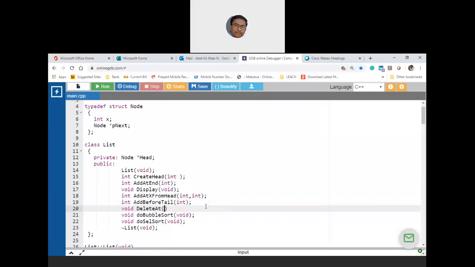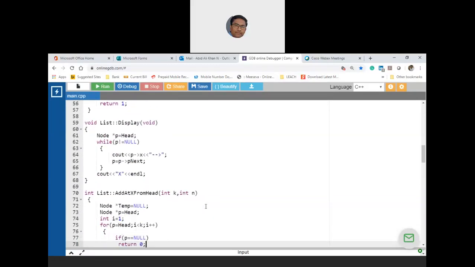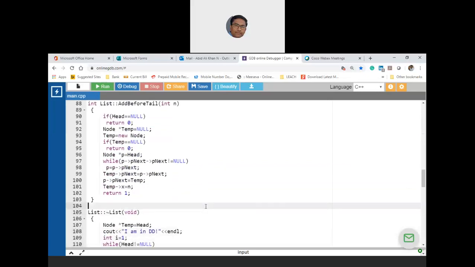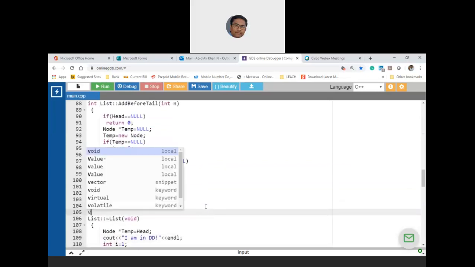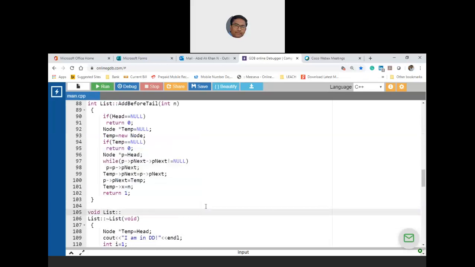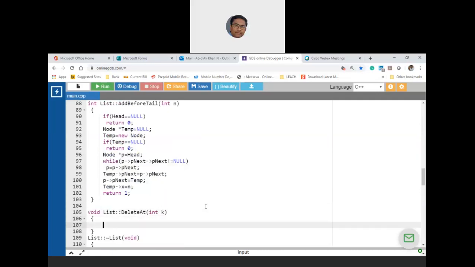Okay, delete at a specific place, int. Now I'll copy this function. Just above the destructor, I'll keep on adding my new functions. This returns void, probably list, delete at, let us say k. I'm using the same notion that I have told in the